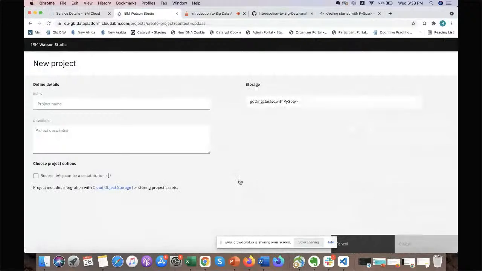Now you'll be able to see on the option for the storage, this is the storage service that we created, and it is already integrated in this project. So whatever data we upload will directly go to the storage service. So let's create a project. Let's name it Getting Started with PySpark